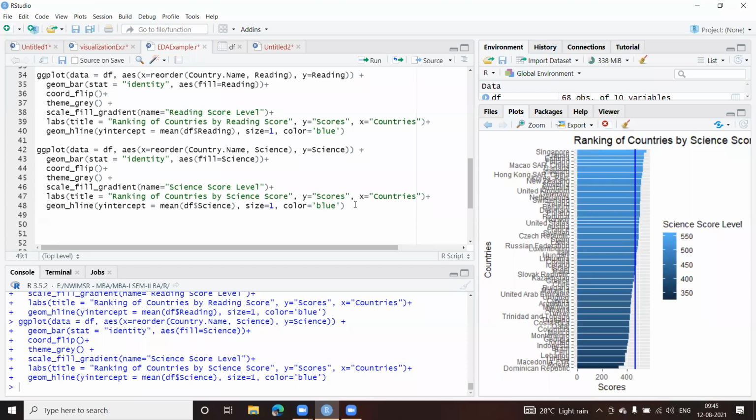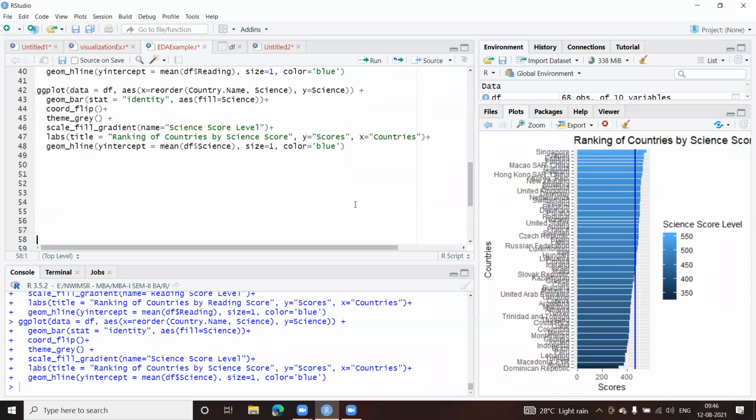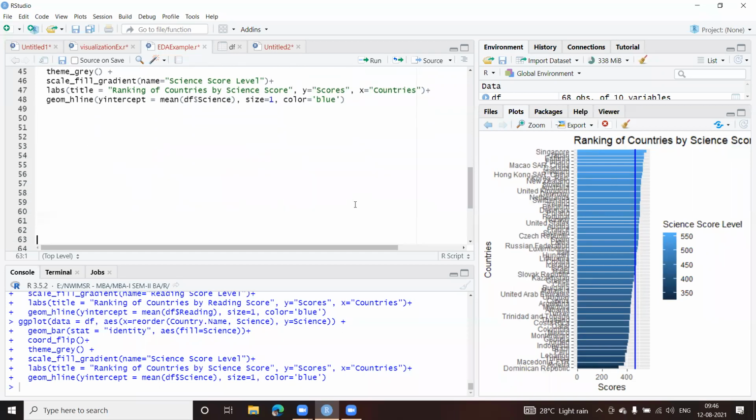Now next, we have this bar plot. We also have the box plot, which can be used in this analysis here. Now let us do that. So I'll leave some space and let us come here.